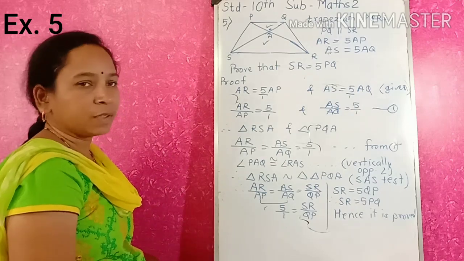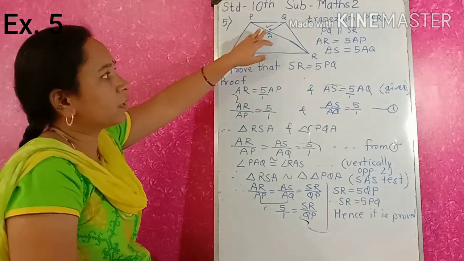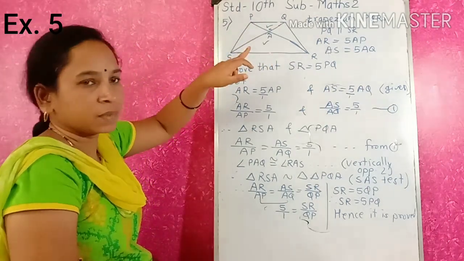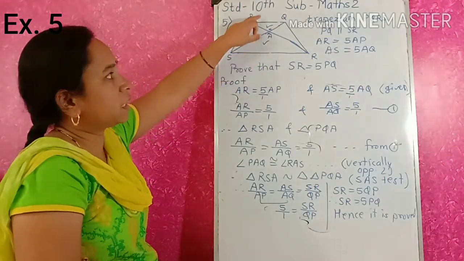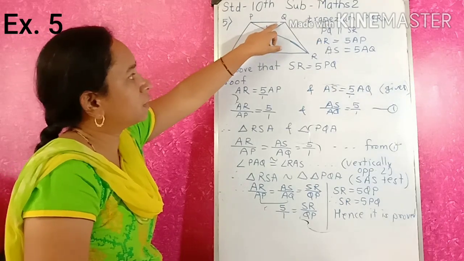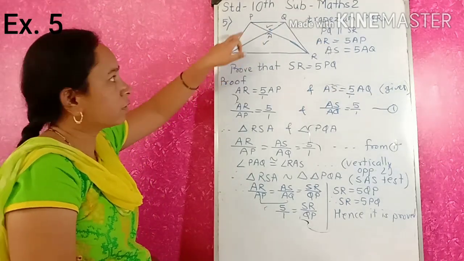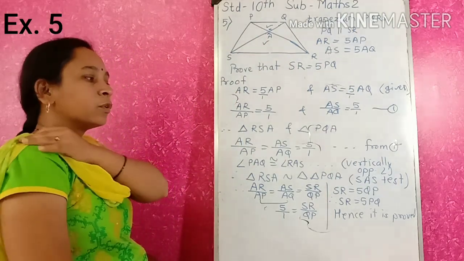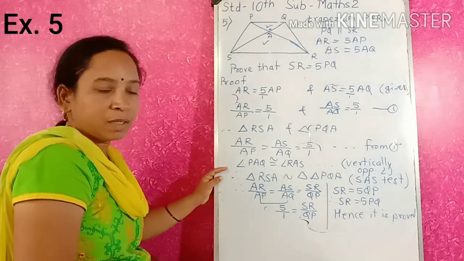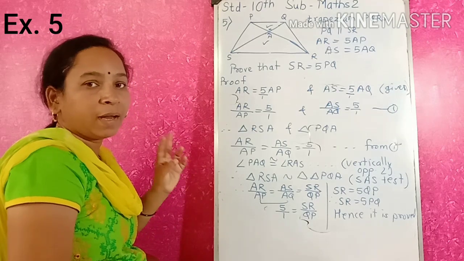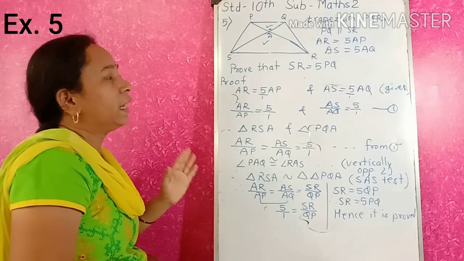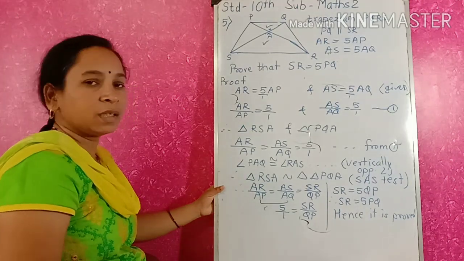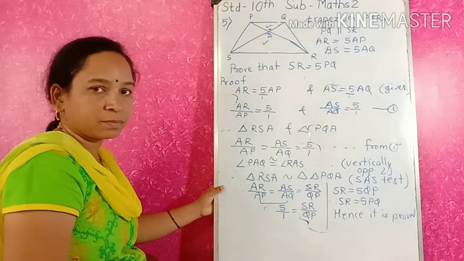Students, the same example you can solve by using the property of trapezium also. If it is a trapezium, then the opposite sides would be parallel, and here you can say that these are alternate angles, they are congruent. Here also it is alternate angles, so you can prove these two triangles are similar with the help of the AA test also. Solve this in your notebook by using the different test.